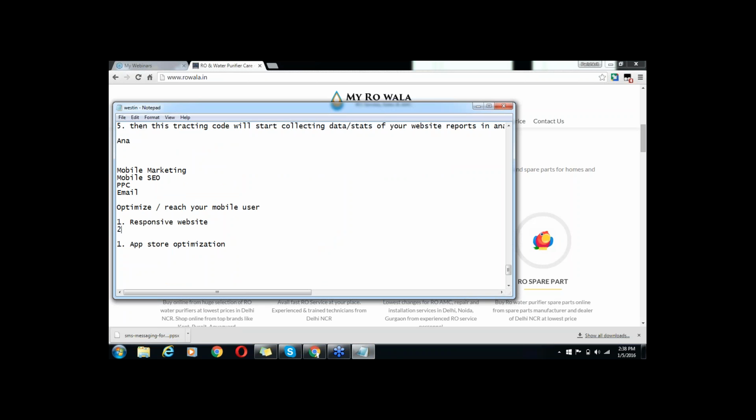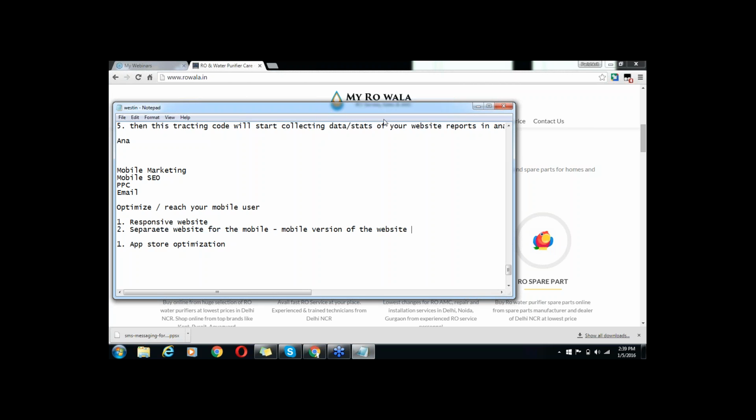And second option, if you have enough resources or time and energy to create a separate website for the mobile, you can create a separate website for the mobile. This is called the mobile version of the website.